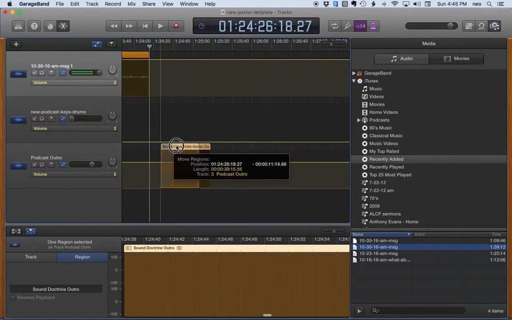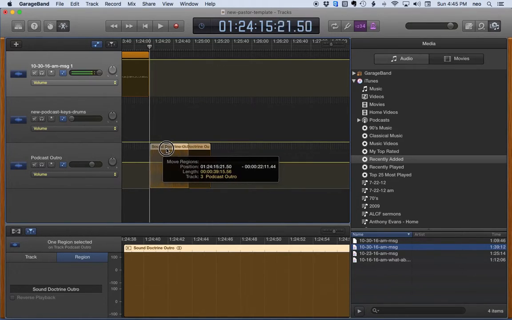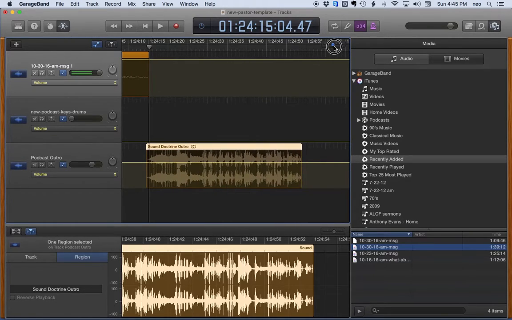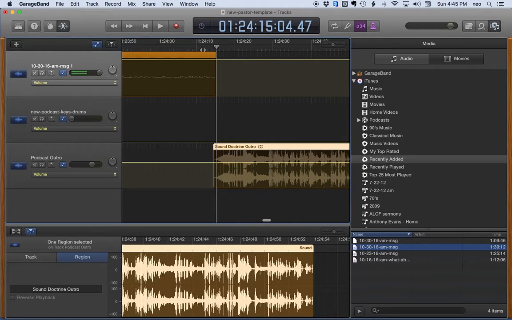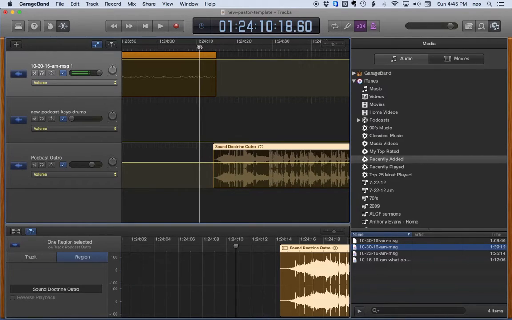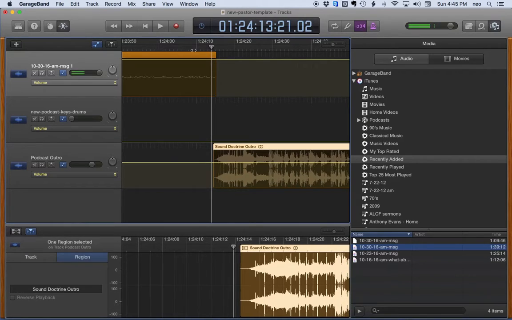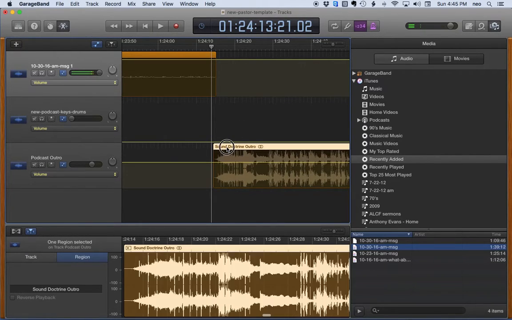And then I'm going to drag the outro over on the timeline to the point where he transitions out of the prayer by saying, in Jesus' name. So let me open up the timeline a little bit more, and we're going to drag the playhead back by clicking on the ruled area here and play it. Okay, so we'll stop it there,